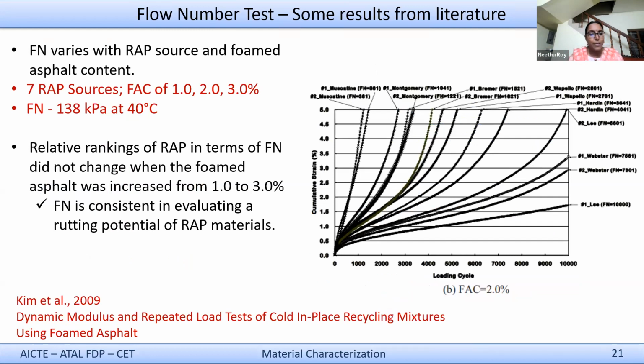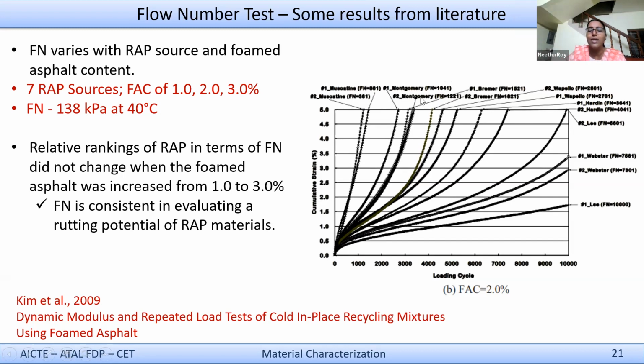Now, this is another study, on a dynamic modulus and repeated load test of cold in-place recycling mixtures using foamed asphalt. Excuse me for the moment for this term foamed asphalt, because I'm sure that these contents will be discussed in this FDP at a later stage. For the time being, just understand that it is a RAP mixture, and they have tried different RAP contents from different sources and used foamed asphalt as the fresh binder, and tried to rank them. I'm sure this is not clear to you, but forget about what is written here,